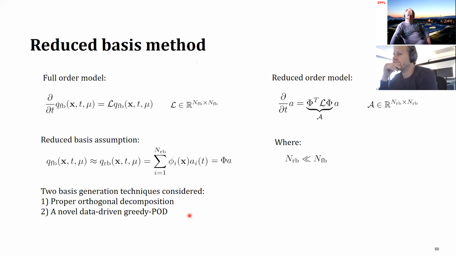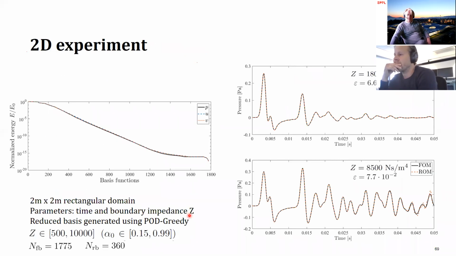And I'll just show you one example result because, yeah, time is running out here. So here we're simulating a 2D domain, just a small rectangular domain. And the parameter that we want to be able to vary is the boundary impedance. So we want to be able to vary this value of the boundary impedance from 500 to 10,000. That corresponds to having an absorption coefficient from 0.15 to 0.9. So in the offline stage, controlled by the POD greedy algorithm, we sample for a few selected values of Z, around 10 or 15 values,